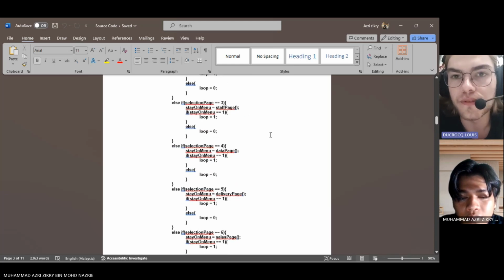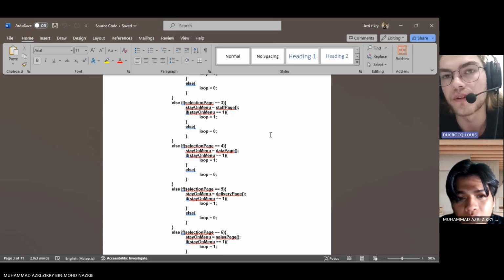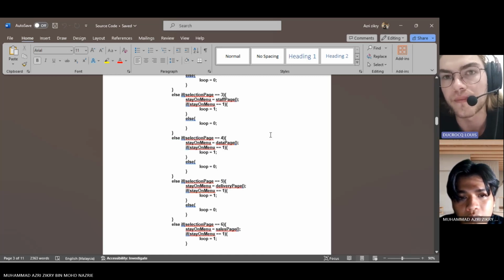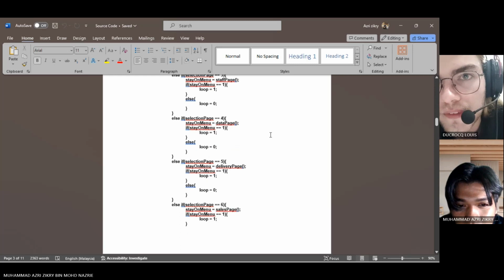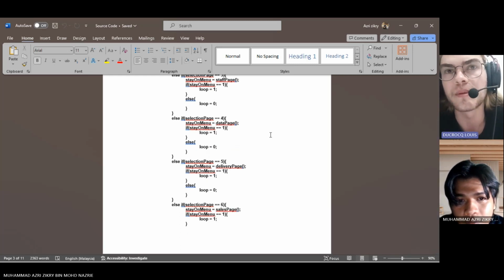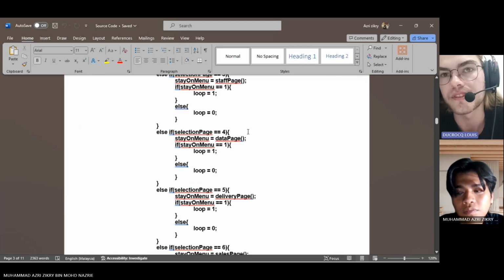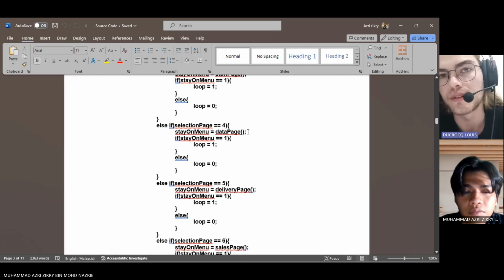For the choice of each page, we use a lot of if conditions. As you can see, it's if and else if for each page you want to select. There is a variable called selection page, and each page corresponds to a number. For example, selection page equal to 4, if I remember right, is the staff page. So if you press 4, it goes into the condition else if selection page equal 4. So it will go to